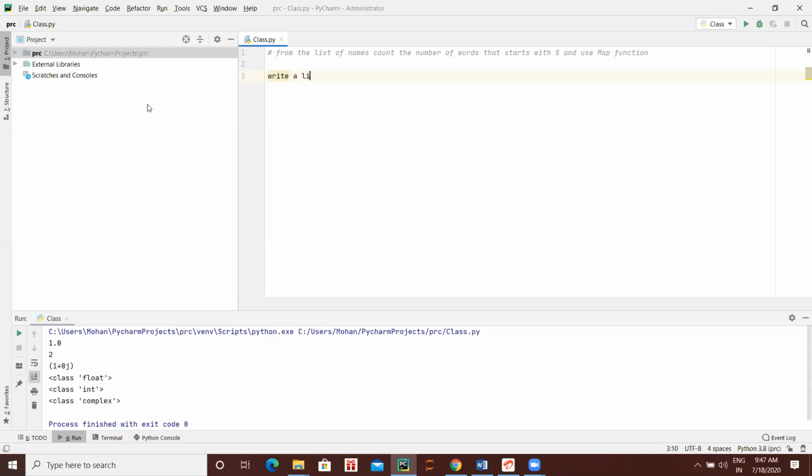Write L equal to square bracket. Write some names. Let's say Sarita within quote, S capital. Comma, Shravan. That is a separate quote. This is a separate quote.